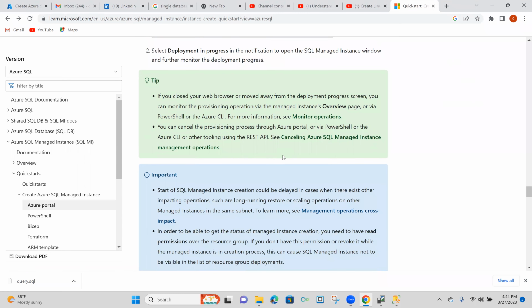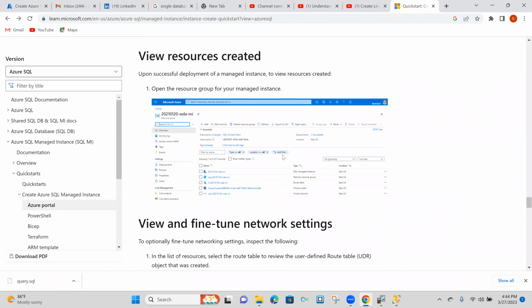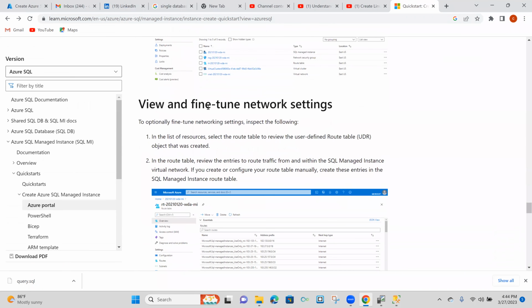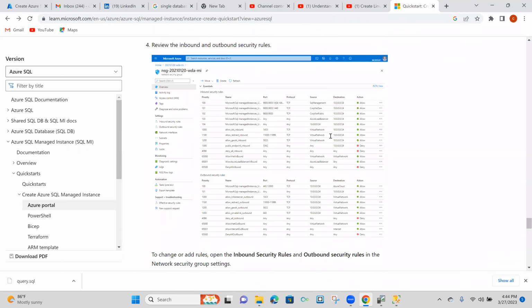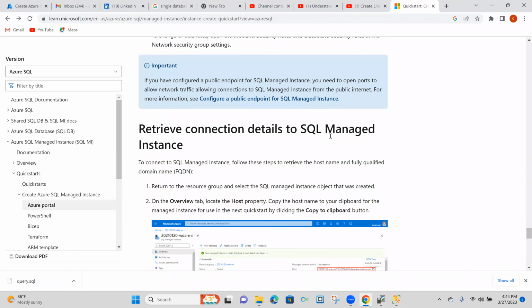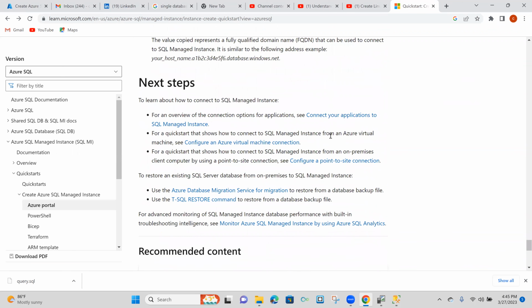So I guess I can't create this because I do not have the appropriate subscription for that. So view and fine-tune network settings, stuff like that. So I think that's pretty explanatory. So hopefully you can create that yourself if you have the appropriate